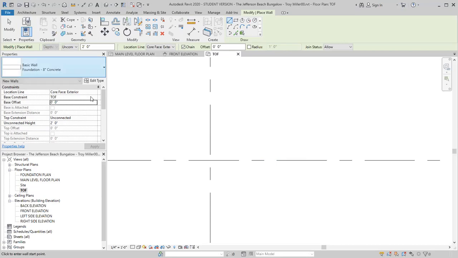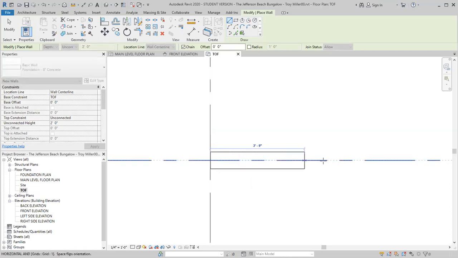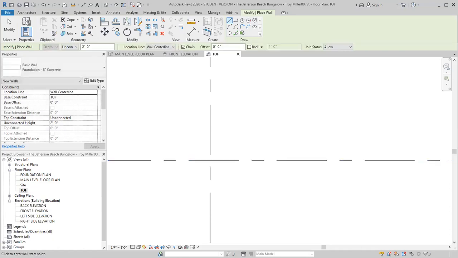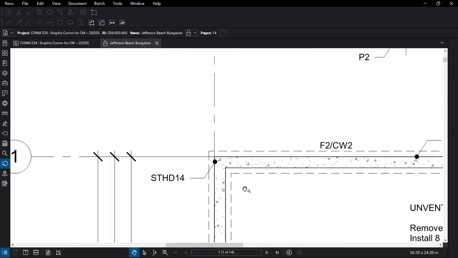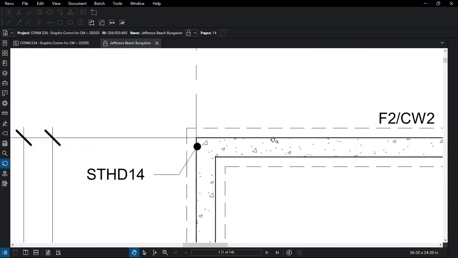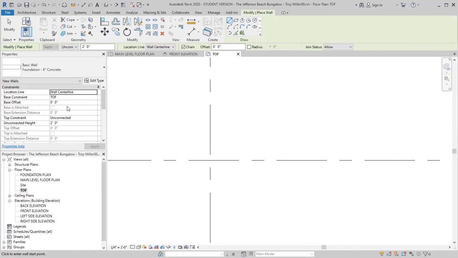Okay, if I were to change this back to wall center line, then what you'll note right here is I'm drawing again, coming off of where grid lines A and 1 intersect. You'll note that that wall is going to the center. So in our case, if we go back to our drawing here, what we need to realize is the outside face of our foundation wall is along grid line 1 and along grid line A. So that's what the significance is as far as drawing this to the exterior